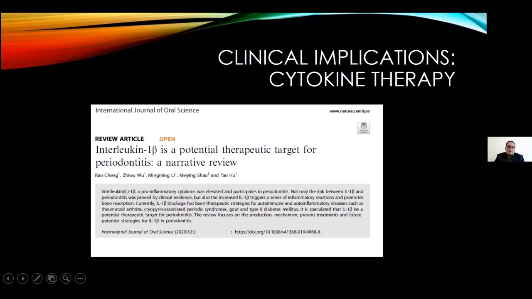What is the clinical implication? One, pertaining purely to the immunological aspects, is cytokine therapy. Now, cytokine therapy has taken an upswing with respect to diabetes research, but at the same time, cytokine therapy is also being explored from a periodontal point of view. So it is basically targeted molecular therapy. So this could probably be one of the important aspects with respect to the clinical implications pertaining purely to the immunological aspects of periodontitis as well as diabetes. But however,